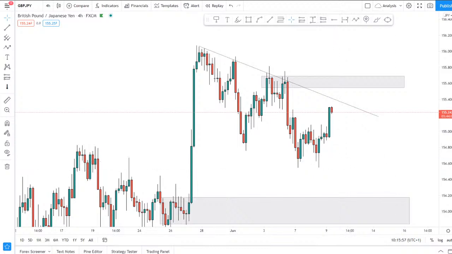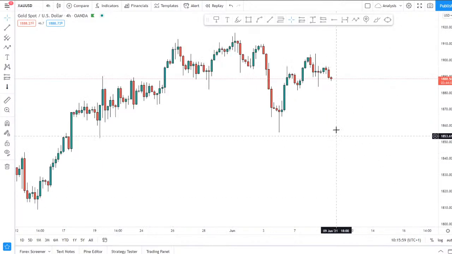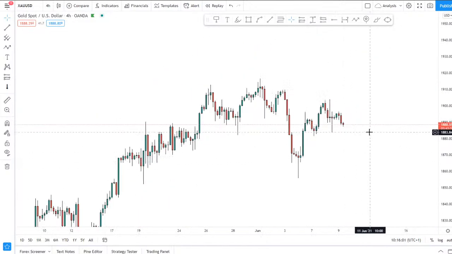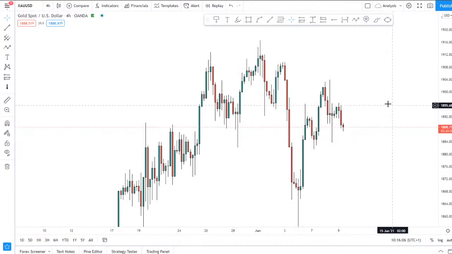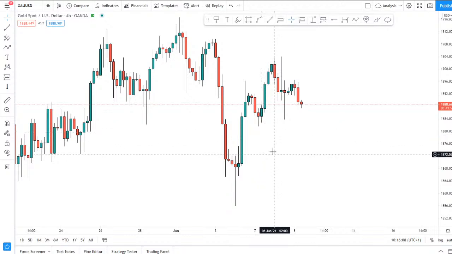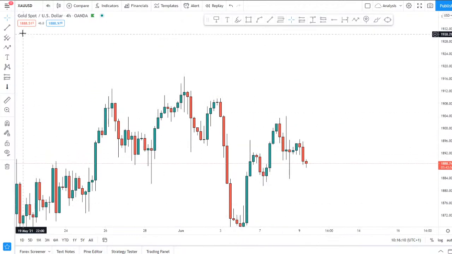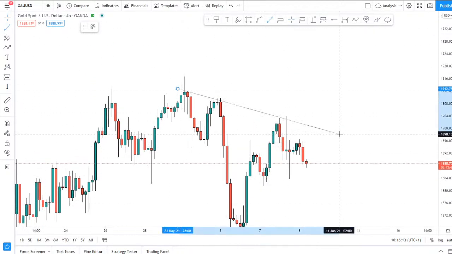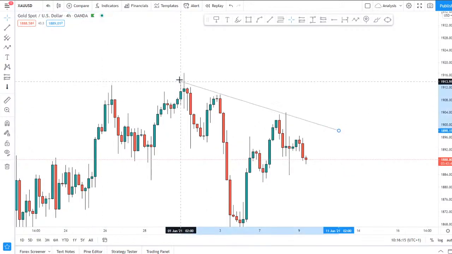Yeah, sure, we'll take a look at gold now. So gold, like I said, I was favouring, I still am favouring a move to the downside for gold. It's having a bit of a tough time to do that, as you can see on the 4 hourly chart. A nice push to the upside. We respect this trend line here. Again, connecting those recent swing highs